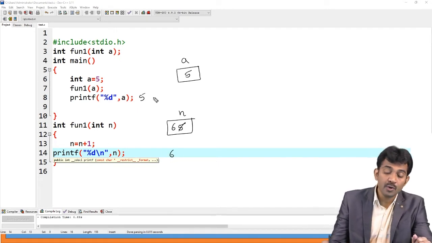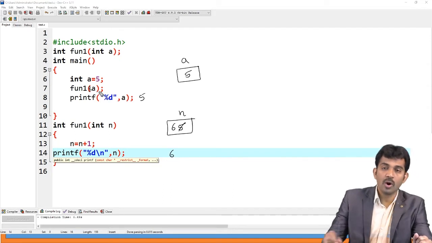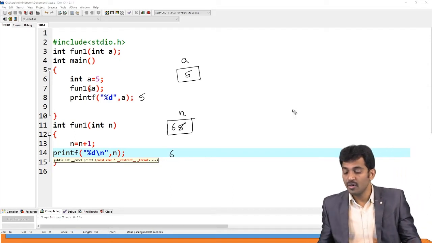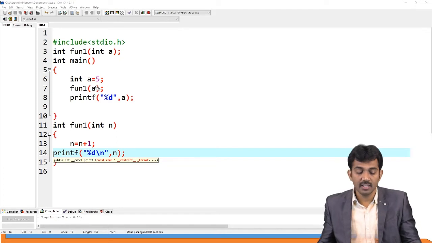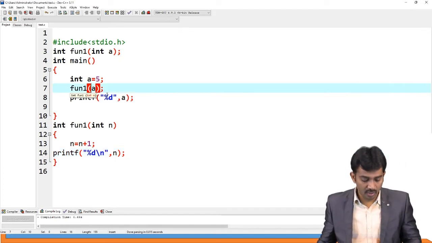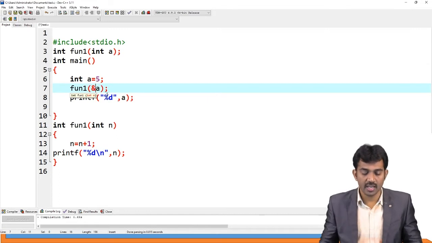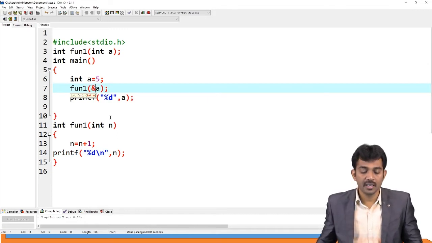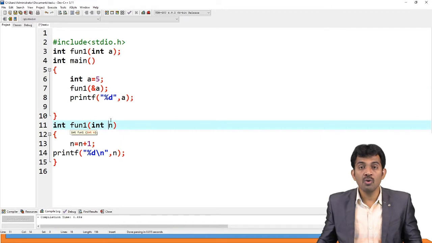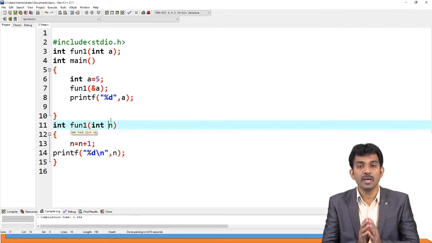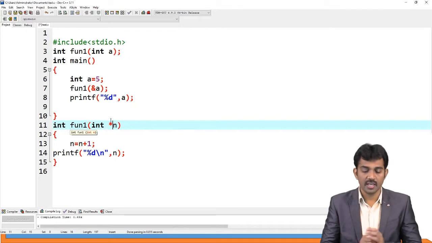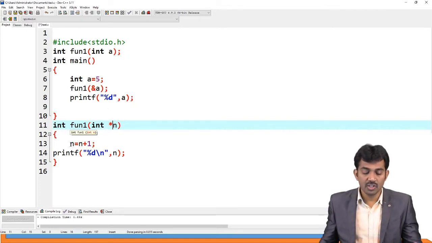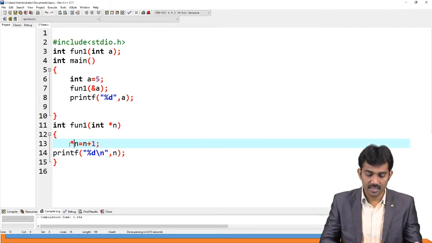So what happens if you send the address? See, for sending the address, observe clearly. Instead of the value, send the address: ampersand A. Then here, to store the address, it should be a pointer variable. See, star n. Instead of this, you should use star n.